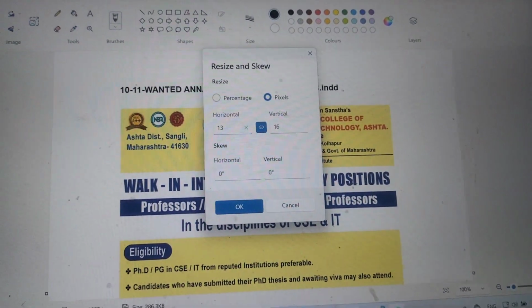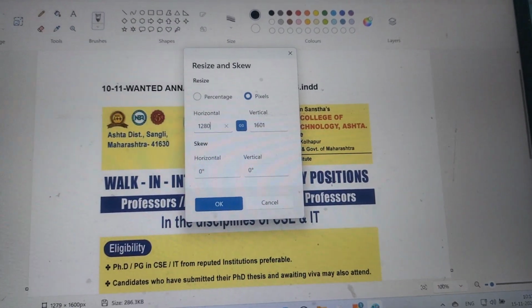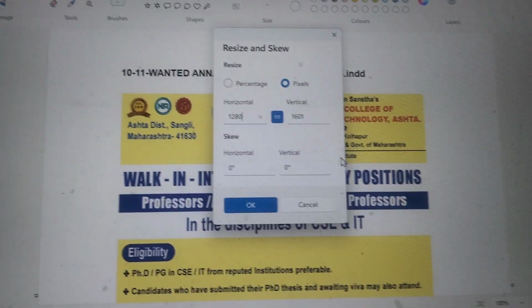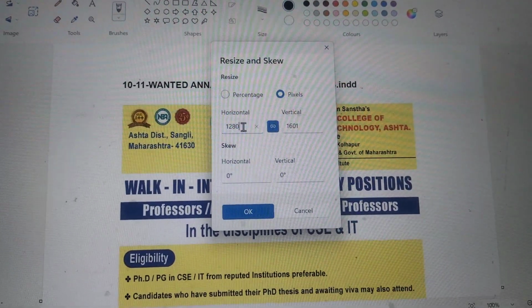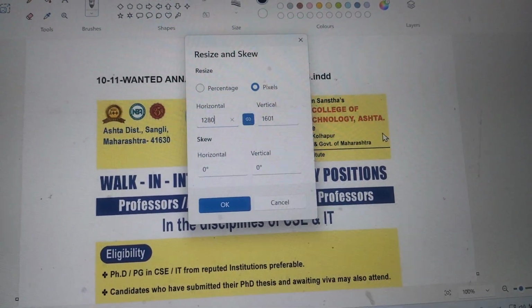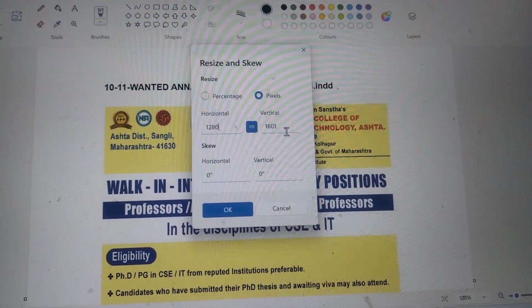Okay, here I would like to type 1280. Okay, 1280 I typed. According to this original image size, the vertical size will be changed. Okay, so if you would like to change to a custom